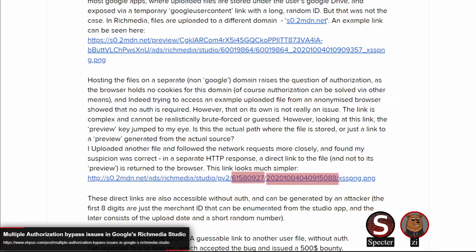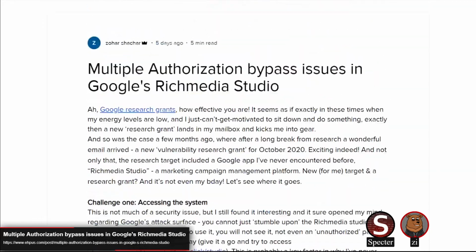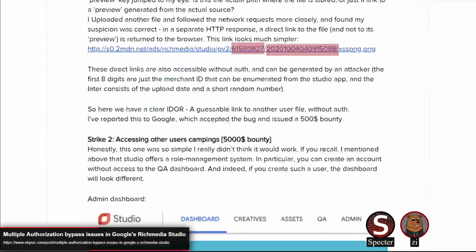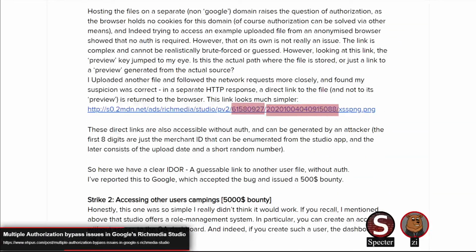I was going to say April 10th, but that would have been quite a while back, so I don't know. Either way, that's a month and a day, most likely. We'll leave it at that. 04, 09, time 15, probably seconds. It could be that 15088 is actually 5 random digits, or it could just be seconds and milliseconds.